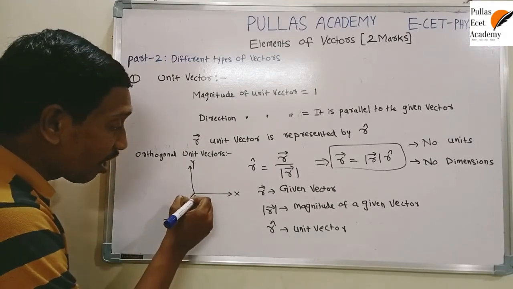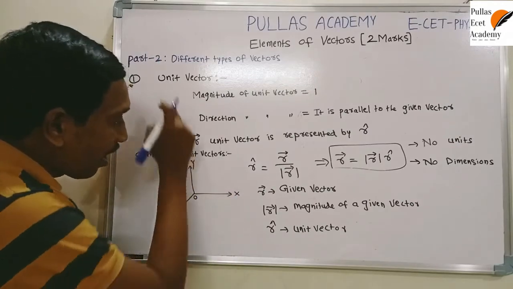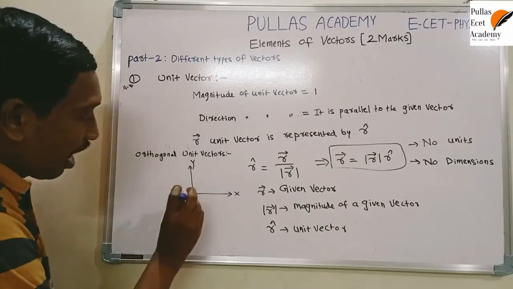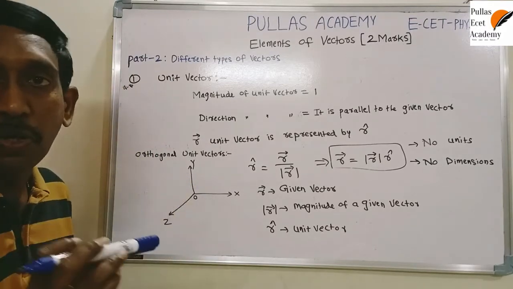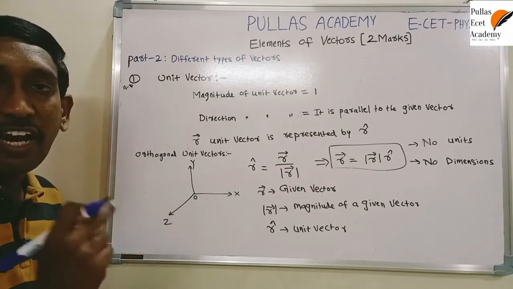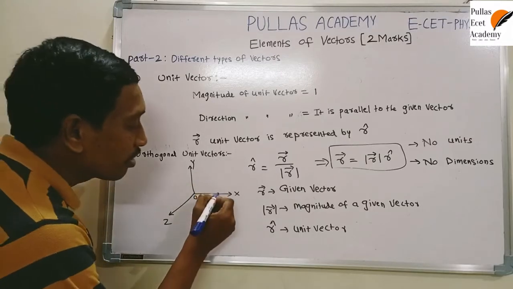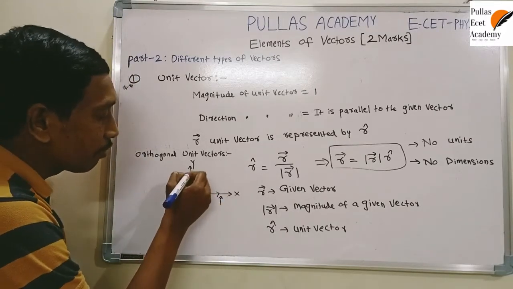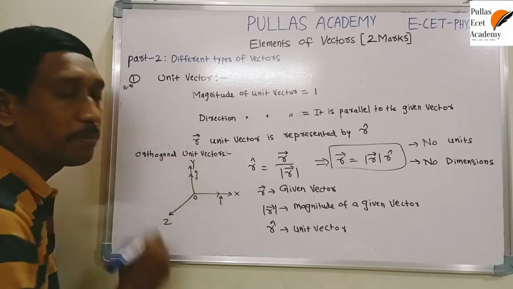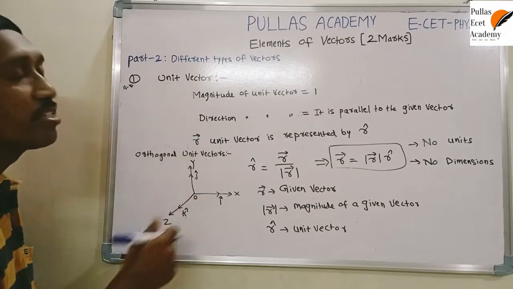This is called the origin. Now the x-axis stands in the horizontal direction, the y-axis stands in the vertical direction, and the z-axis is the actual direction of the z-axis. So if any vector is along the x-axis, how to represent it? By using this unit vector, that is i cap. If you want the direction of the y-axis, that is denoted by j cap. And the z-axis is denoted by k cap. So these are the unit vectors.